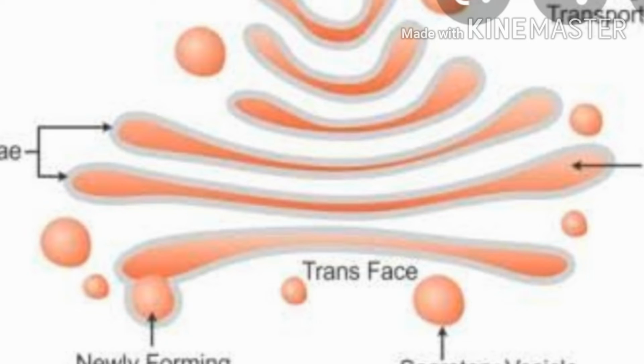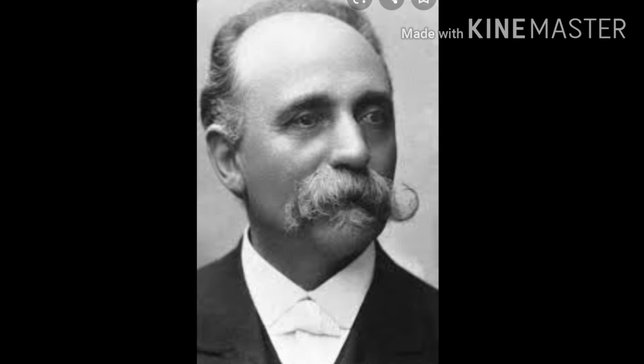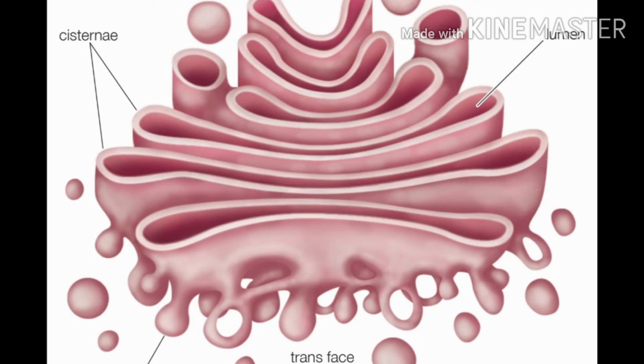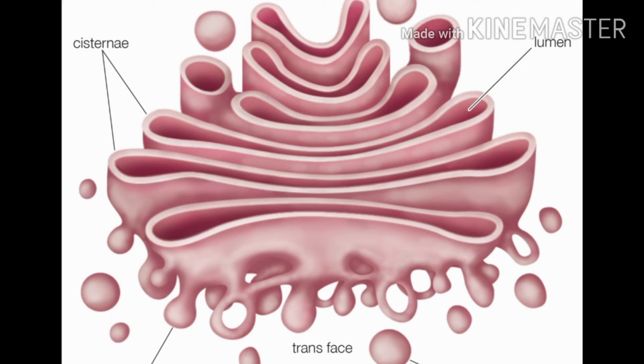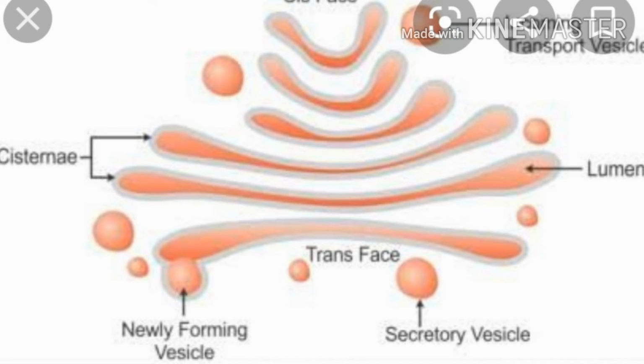Next comes the Golgi apparatus. The Golgi apparatus was first discovered by Camillo Golgi. He is Camillo Golgi. The Golgi apparatus consists of a system of membrane-bound vessels which are arranged parallel to each other. The functions of the Golgi apparatus are carried out in the vessels. Its functions include the storage, modification and packaging of products, and the Golgi apparatus is the one that forms lysosomes.